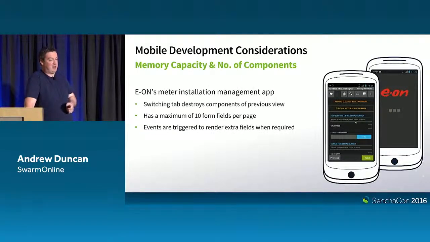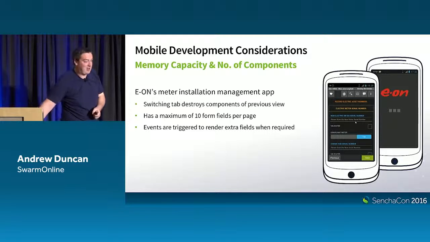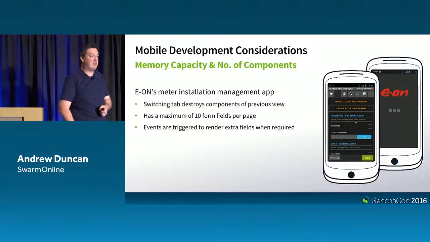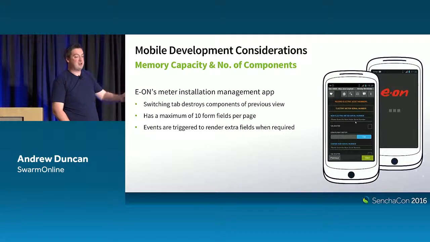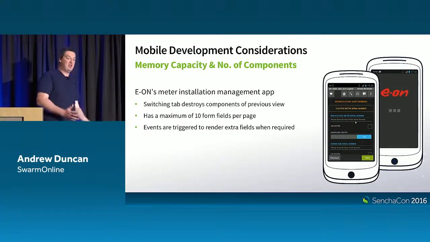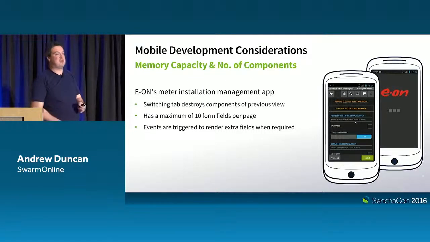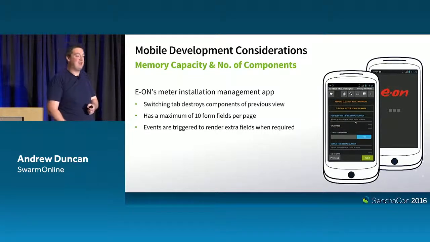So here's an app for another energy company that we were working on. Actually, this is one that I think they had about 150 fields per job, so bits of data that they're expecting their engineers to gather every time they go and service a meter. So what we decided to do was basically turn this into a wizard, and then we only render approximately 10 fields per screen, roughly, and that's good user experience because the user knows where they are in their job and